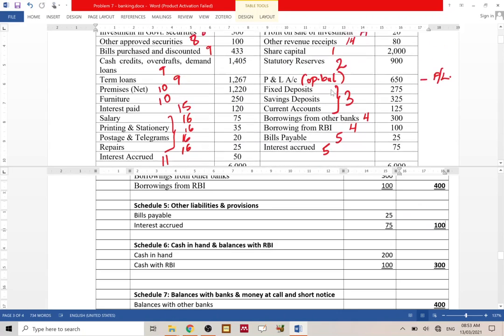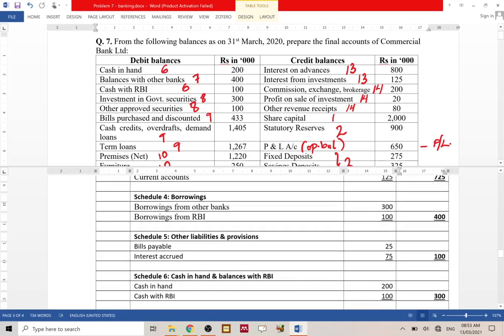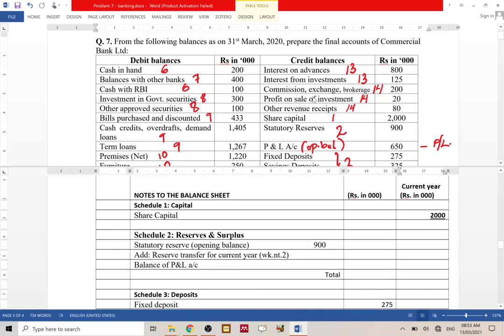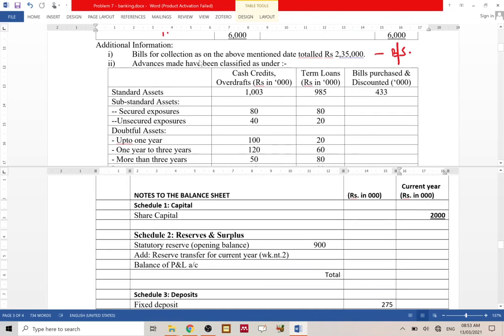So all of our credit balances also are complete. We have done the posting so far. We have taken all the items exactly to the schedules that they belong, and we have got the totals to some schedules which do not involve any type of adjustment. Okay, then let's look at the additional information and see if there is something to be posted without any working